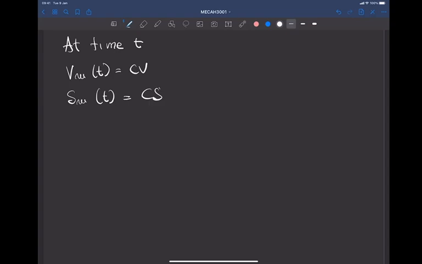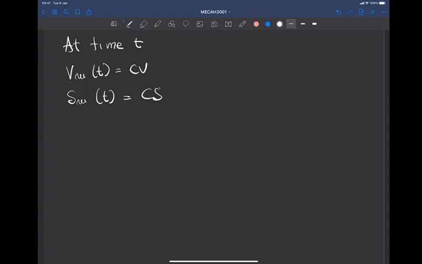And so this actually means that the volume integral and the surface integral that we have on the right hand side of the Reynolds transport theorem can be evaluated over the Lagrangian volume and over the Lagrangian surface